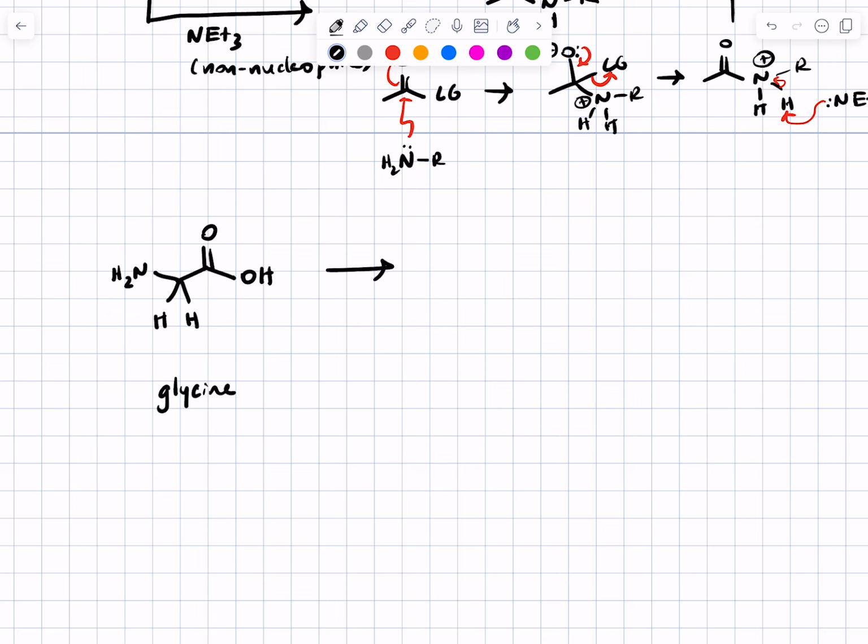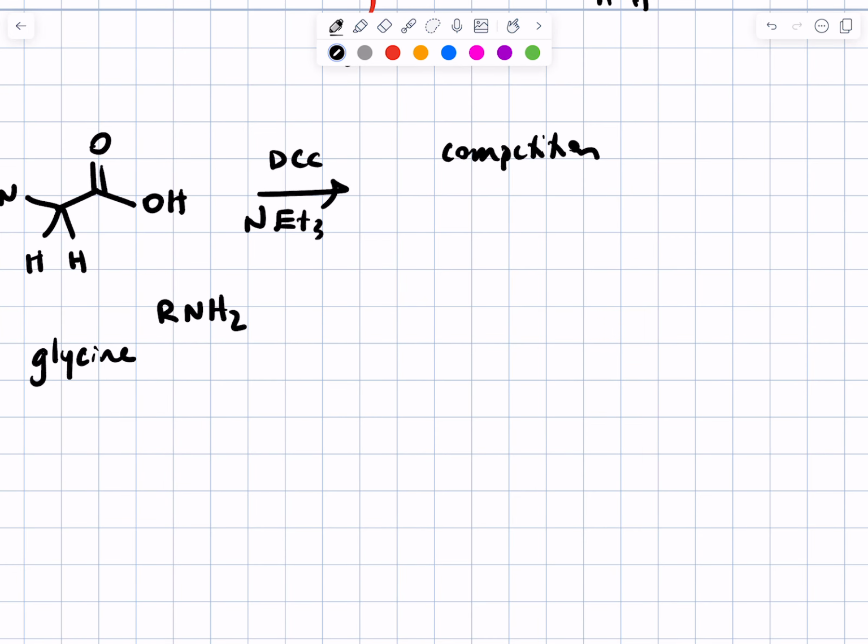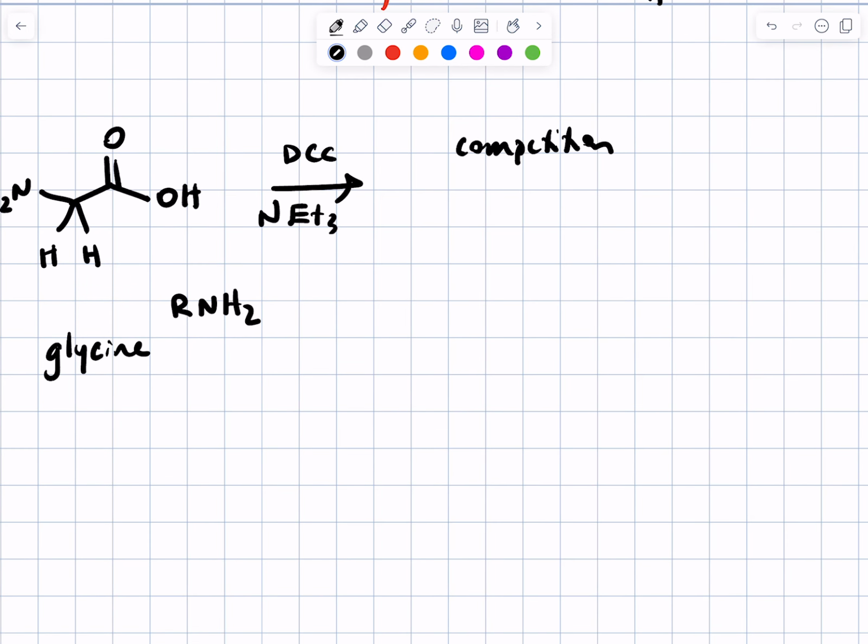So that if I tried to use DCC and triethylamine to do a reaction between glycine and then some other amine, I've got a competition between potential products, right? I could make the desired